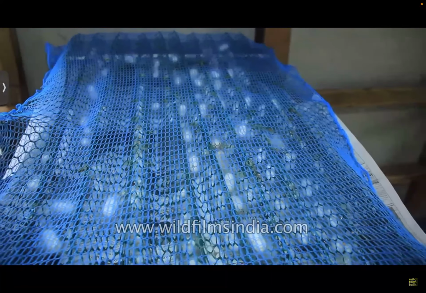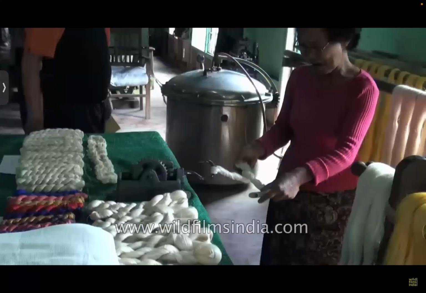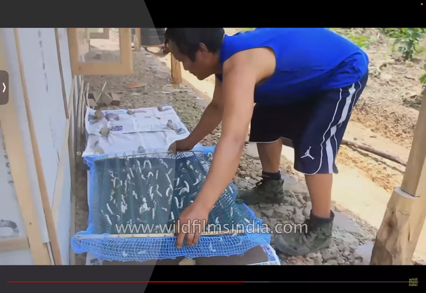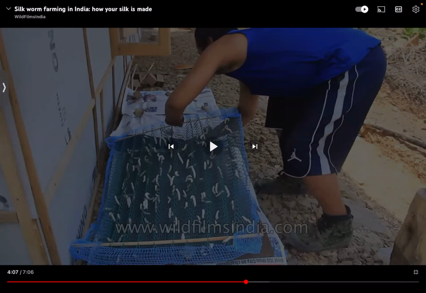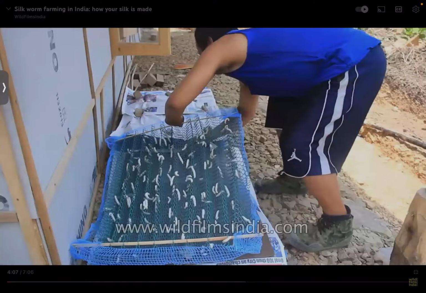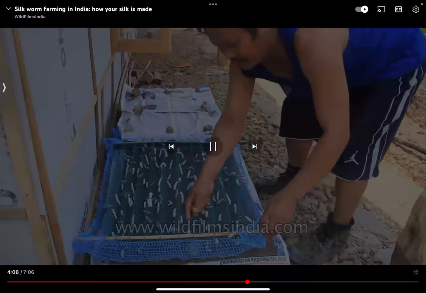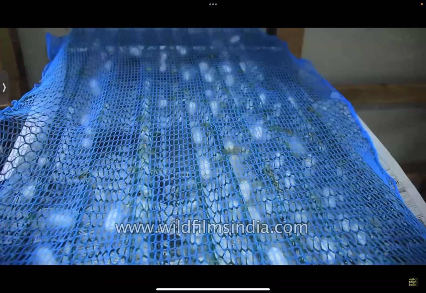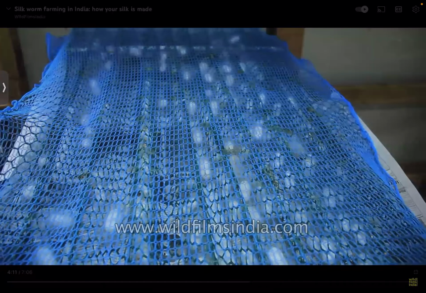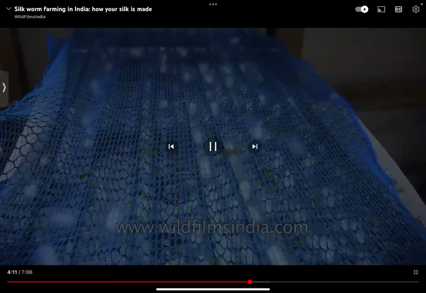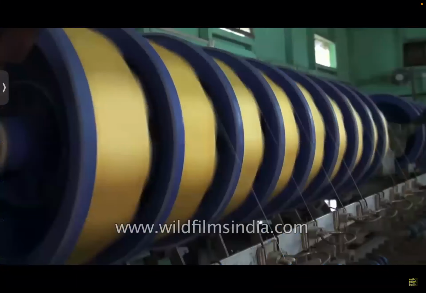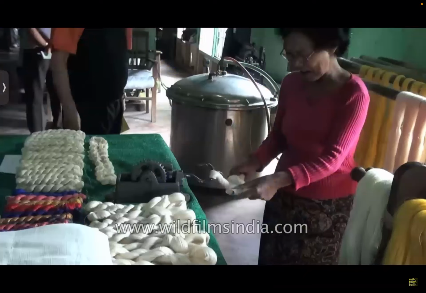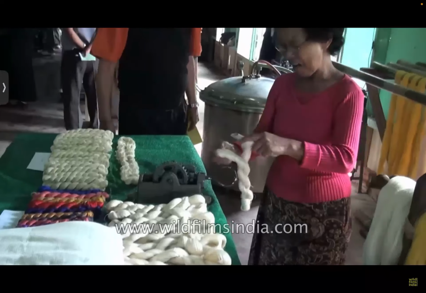So here you can see it takes a silkworm around 48 hours. They have provided a bendy shape for the silkworms. So what they do is they weave the cocoon and all the cocoons will fall downwards. You can see that. So it will be easy for the humans. See all the white balls. Can you see all these are cocoons that's been built by the silkworm? The result is a perfectly ovate cocoon made of a single continuous strand of silk measuring up to 1 kilometer in length.